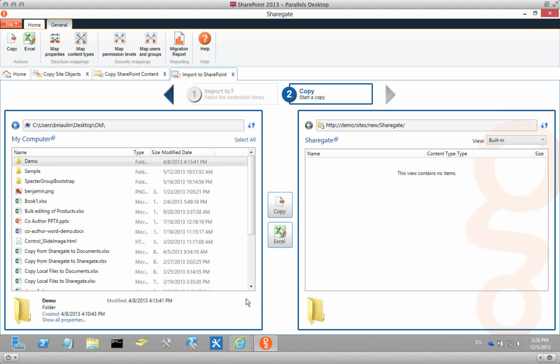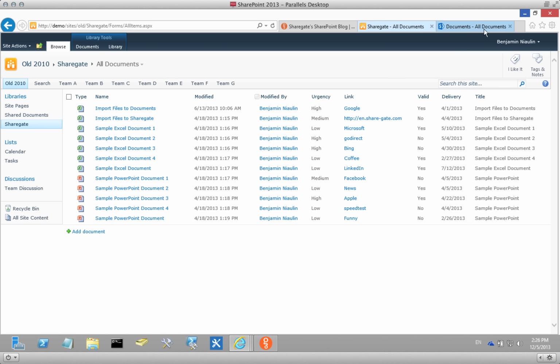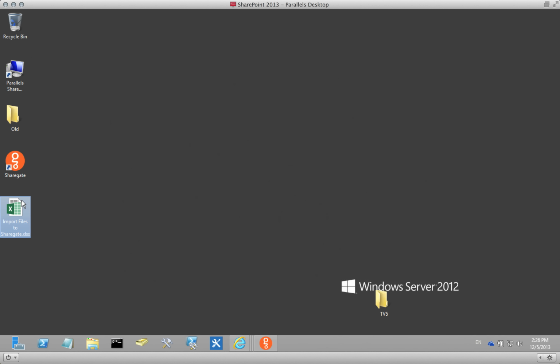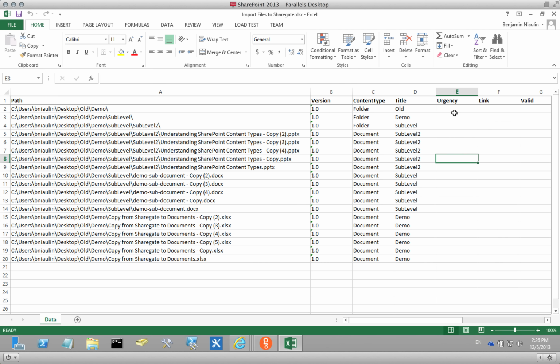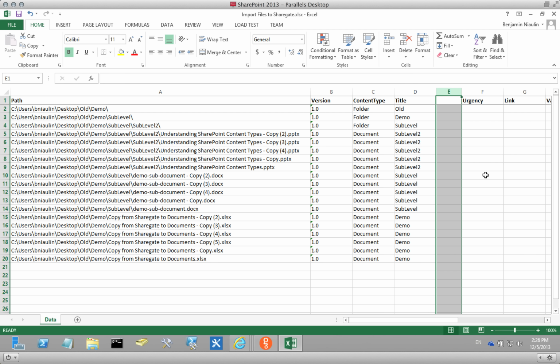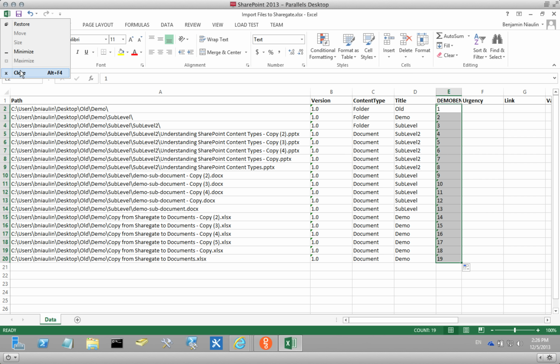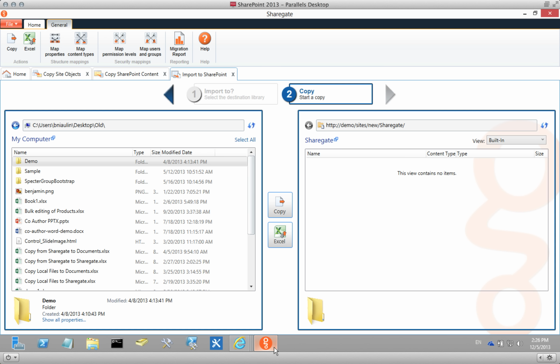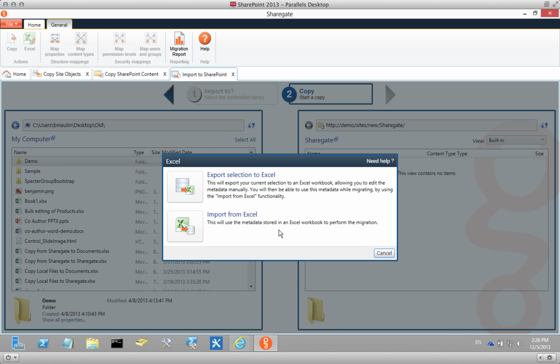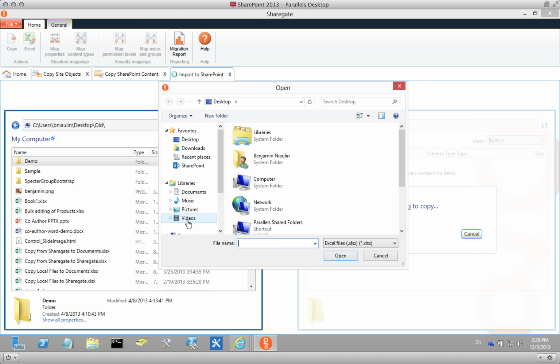Close. Oh, I forgot. Minimize this. Minimize this. Let's open the Excel again. What if we add a new column inside? Let's call it Demo Ben. And in there, we're going to put values from 1. Just drag that down because Excel is amazing. Save and close. If I open up Sharegate again and click on Excel, import from Excel,